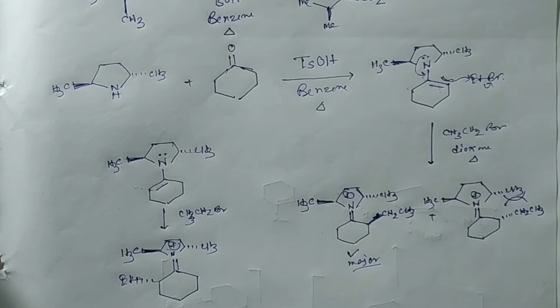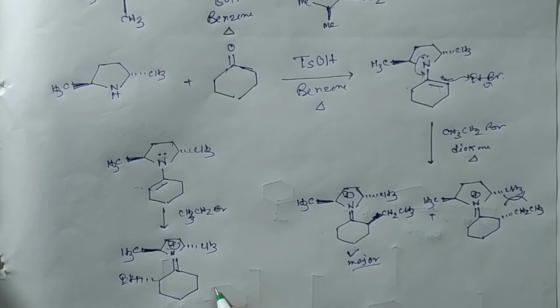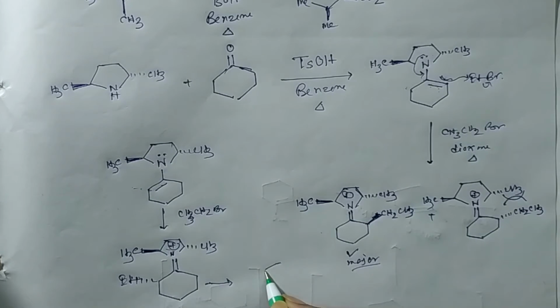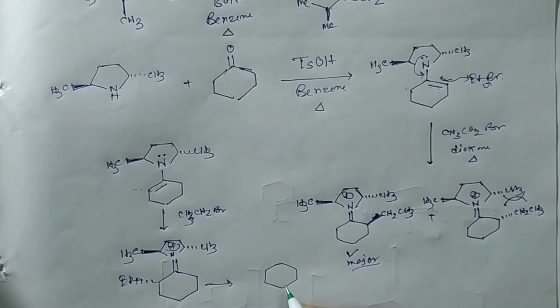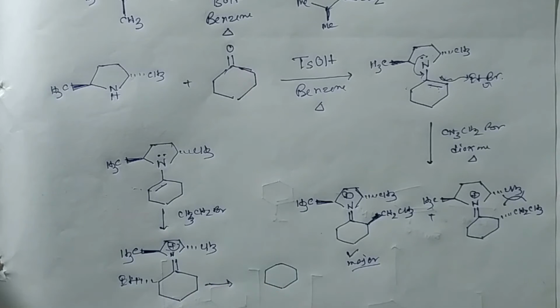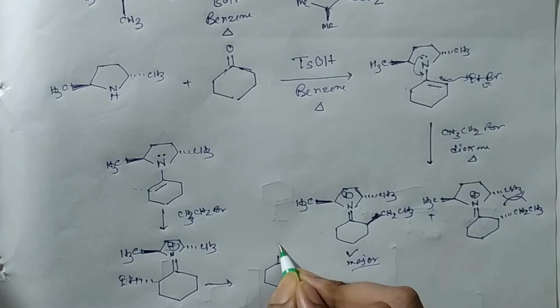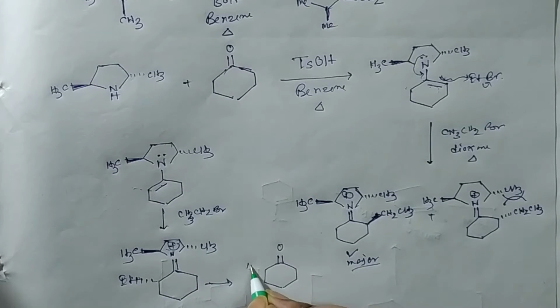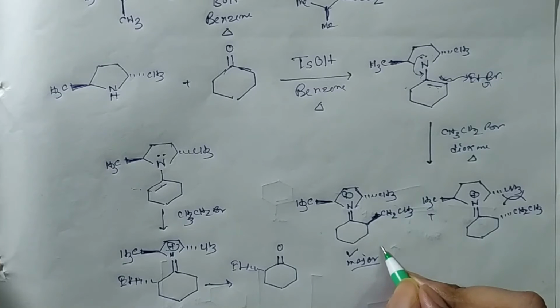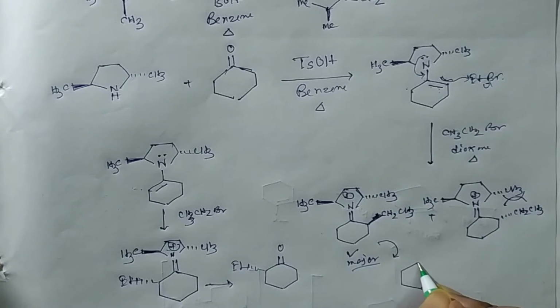After hydrolysis in acidic medium, from here you can get a product, because the C=N+ is always prone to hydrolysis, so you get the carbonyl group back, and there is an ethyl. And from here, as this is the major product, after the hydrolysis you get a product which is